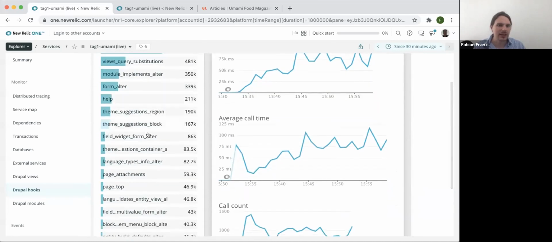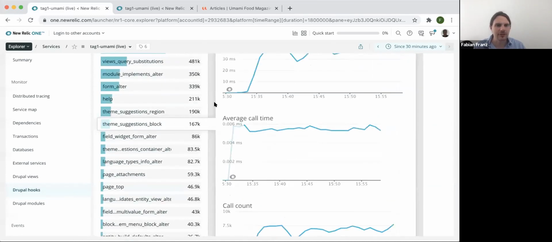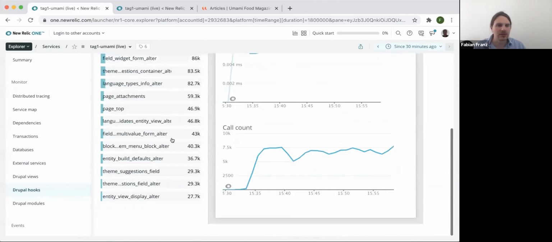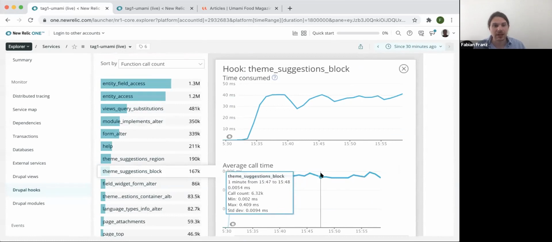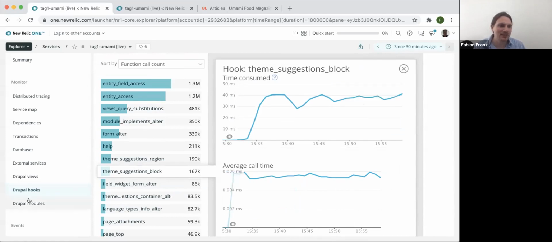So we can again get a lot of ideas of what's taking how long, what's just called a lot, but does not really take long, like this theme suggestions block. It's called a lot, but it's just 0.0053 milliseconds, so really does not matter.